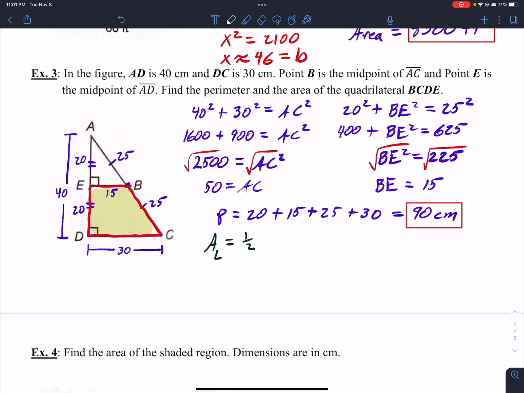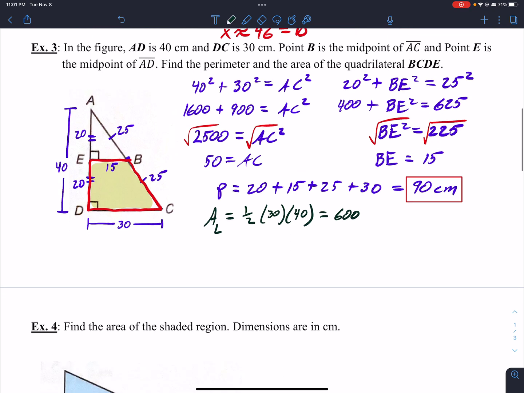That's 1/2, the base is 30 and the height is 40. So 1/2 of 30 times 40, that's what? Half of 40 is 20. 20 times 30 is 600. So the area of the large triangle is 600 square centimeters,